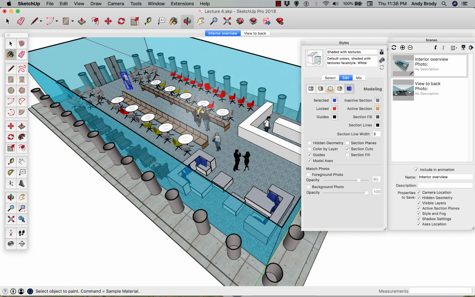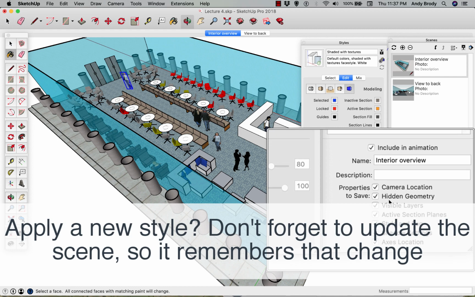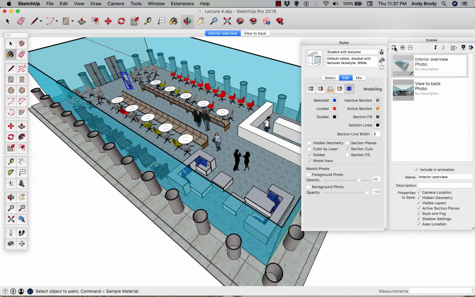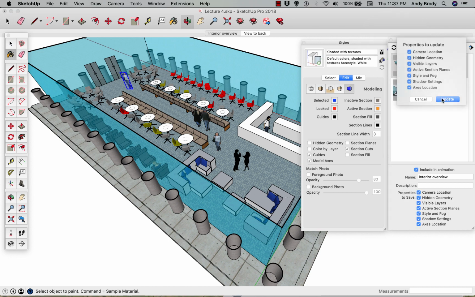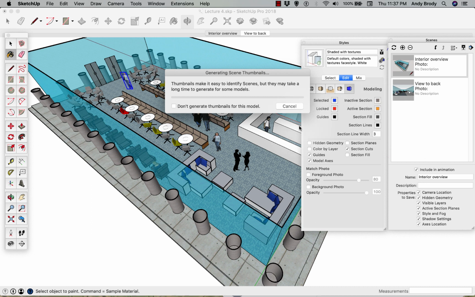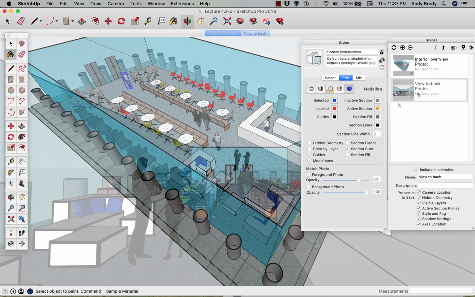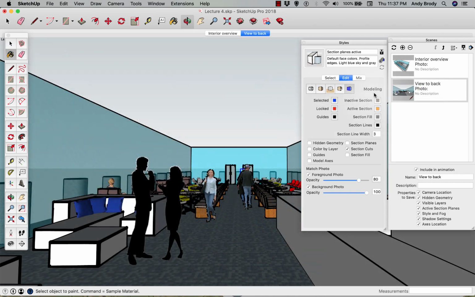You might say, well, but isn't that style one of the features that's saved here in my scene? Well, it is. So you'll need to update your scene in order to make the changes stick. Basically, I have applied a different style to this scene, the view to back scene. If I want to modify this scene even further, so let's say I want to have a style that is